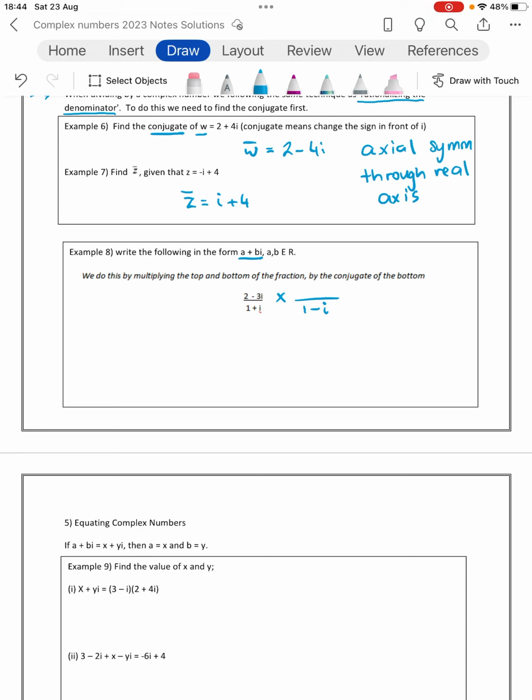So if I multiply this number by the 1 minus i only on the bottom, I'm going to change its value, which is what happens when we are rationalizing the denominator. So to counteract that, what we do is we also multiply by 1 minus i on the top, because what's happening there is we're really just multiplying by the number 1, because anything over itself is the number 1, which means that we're not changing the value of what this is worth, we're just changing the way it